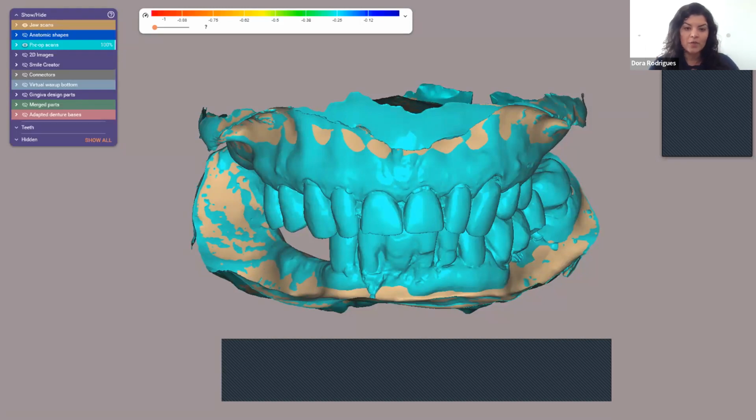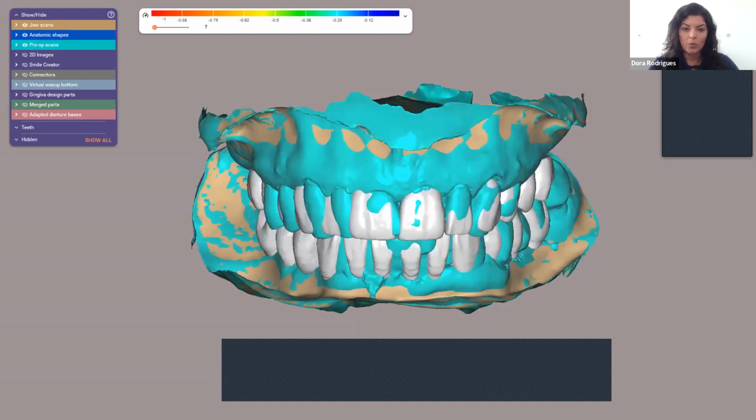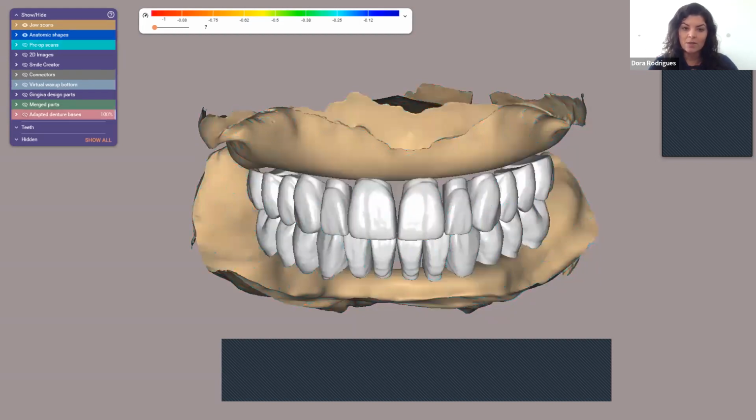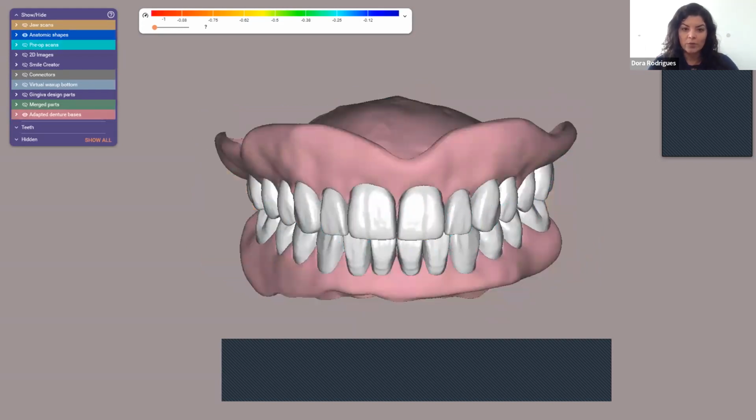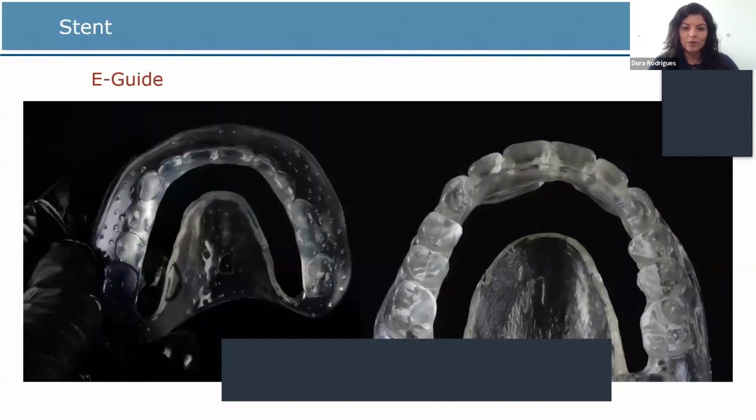I used this previously. We have a case that we're planning for a conversion. We start doing bone reduction, start setting the teeth. We make sure we have enough restorative space, and we create our dentures. After the denture is done, I send it to my assistant. She does the stent into another software and sends it directly to the printer